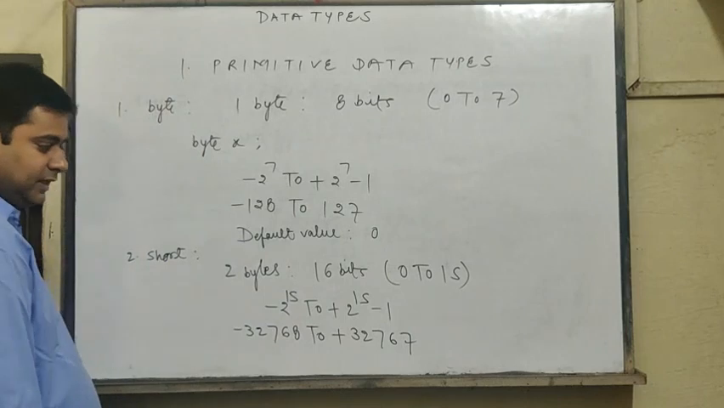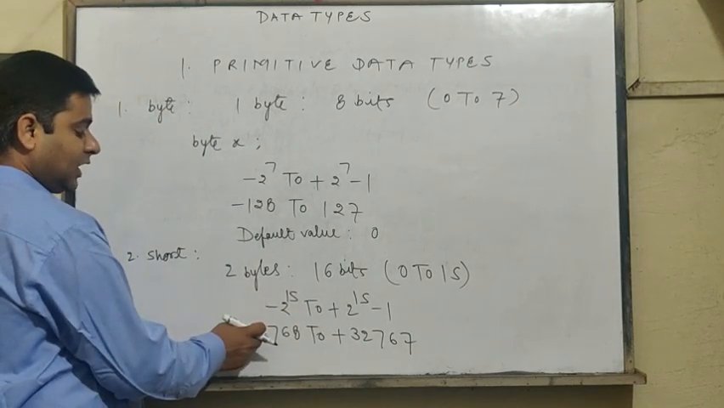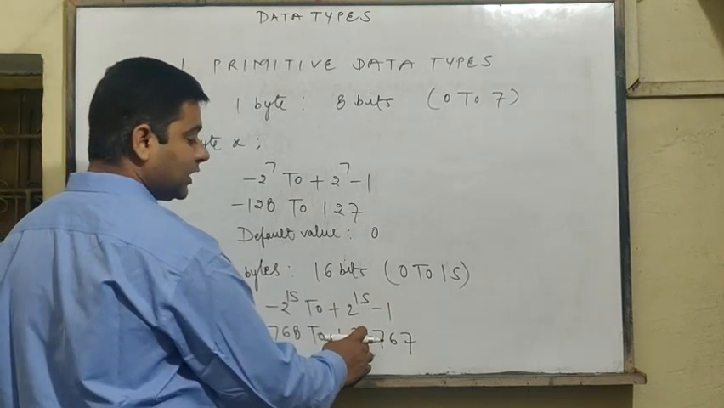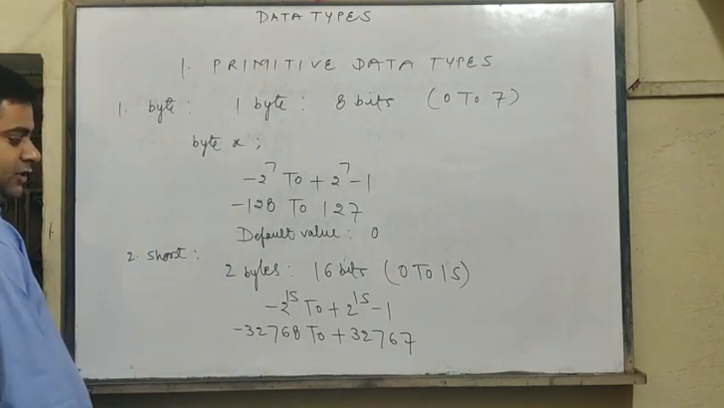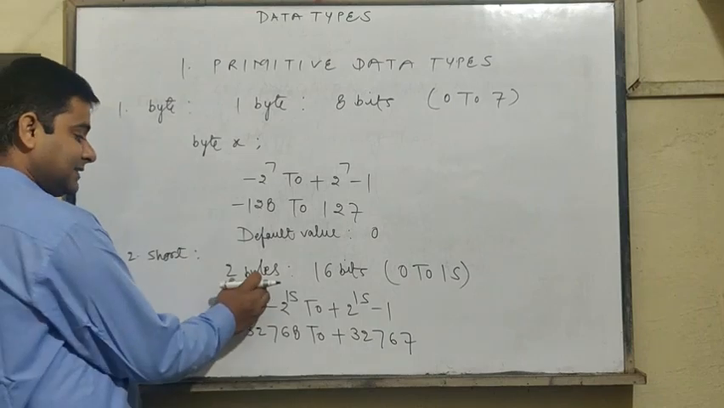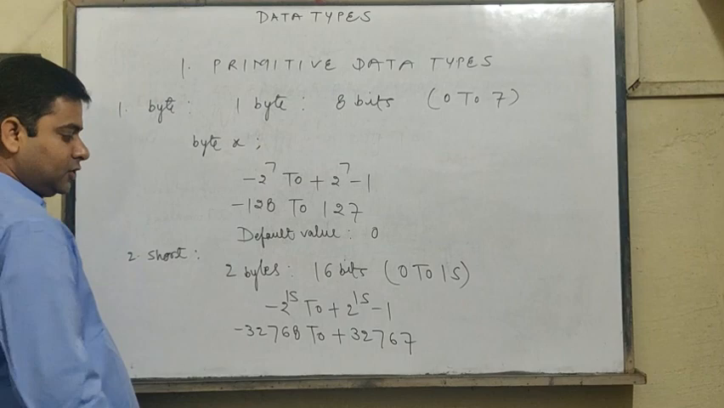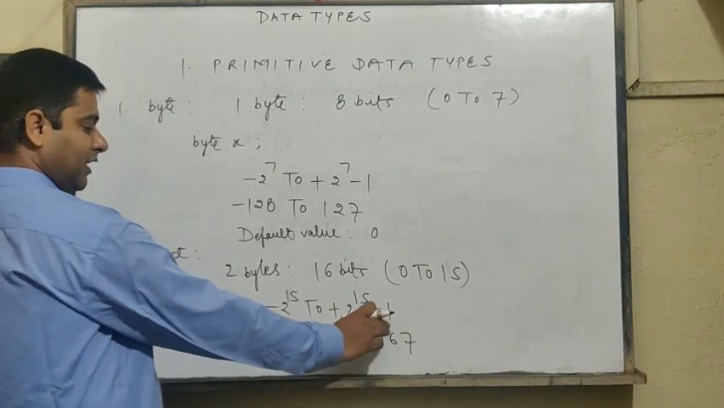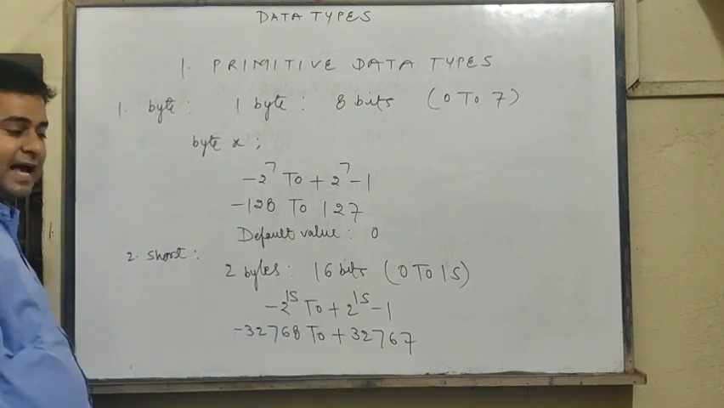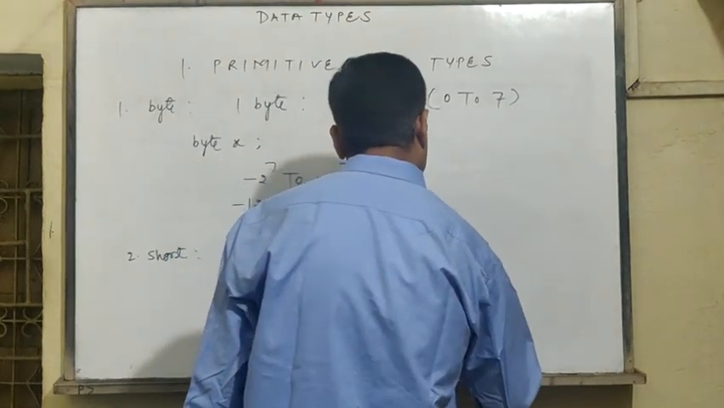32,767. So the minimum value which we can store in short data type is minus 32,768, and the positive value which we can store is 32,767. So this is the range of short data type, and the size is 2 bytes, in bits, 16 bits. This is the minimum value you can use, and the maximum value which you can use using short integer is 32,767. And its default value is